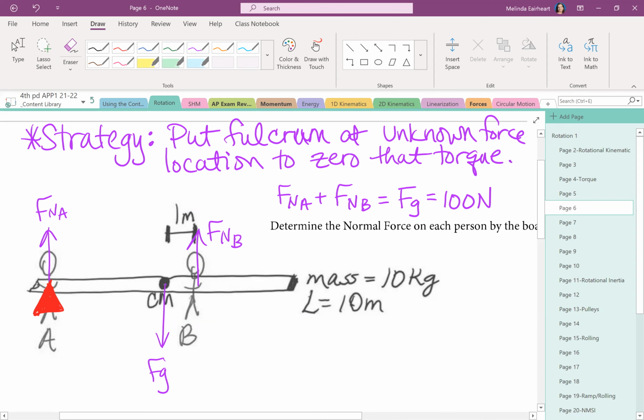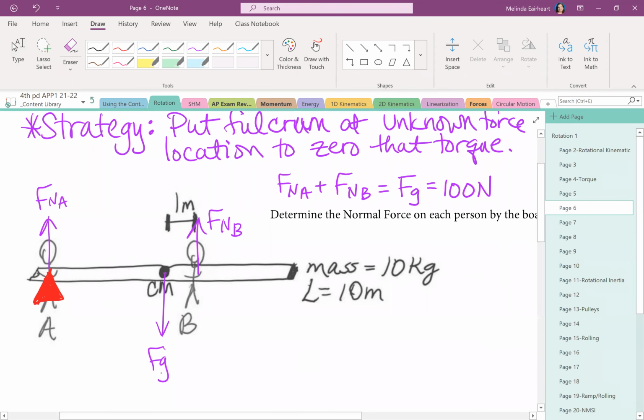Again, it still has a force. It's just not providing a torque when you put your fulcrum there. Now, no one's going to rotate, okay? But it's about the would-be rotation relative to that fulcrum location. And so let's take a look. Gravitational force is down on the right side, so it will wrap around clockwise. Fn of B is up on the right. Wrap around the fulcrum, that would be a